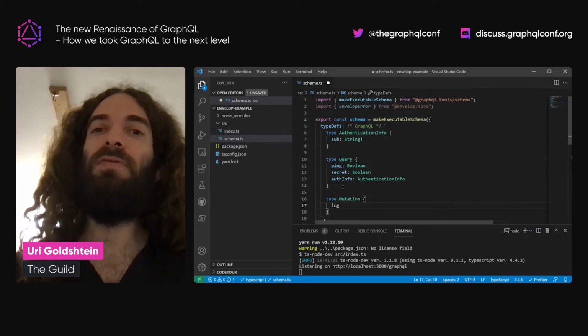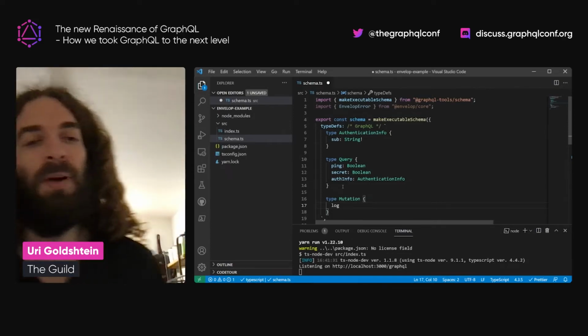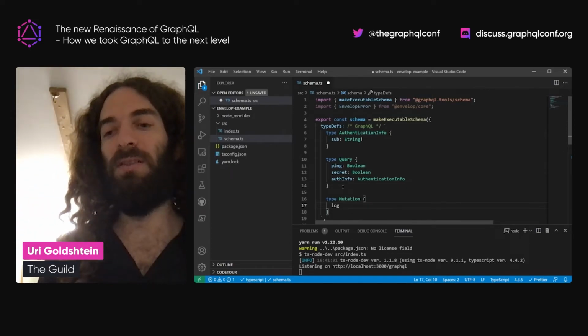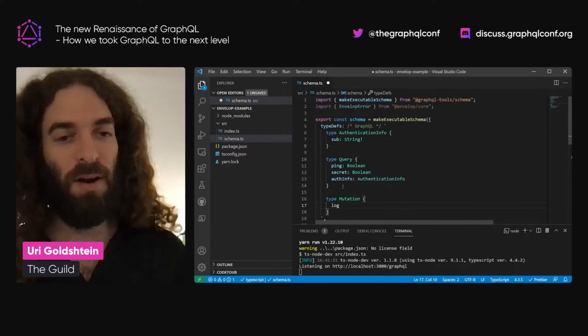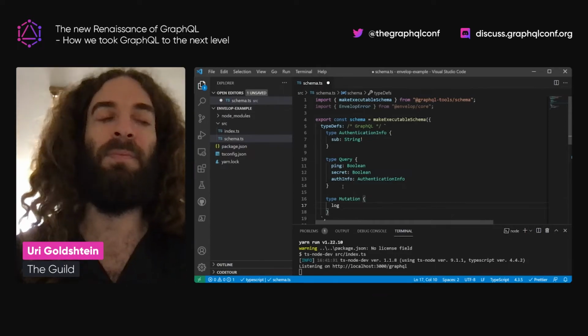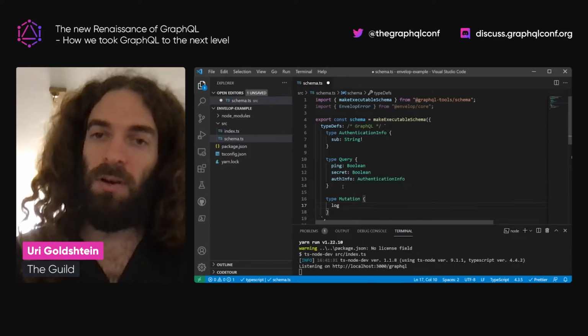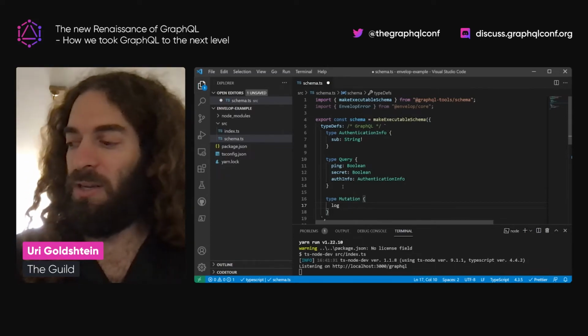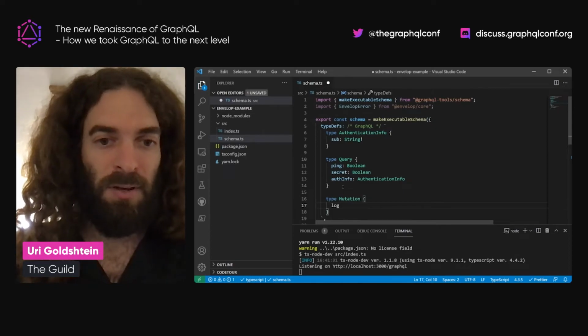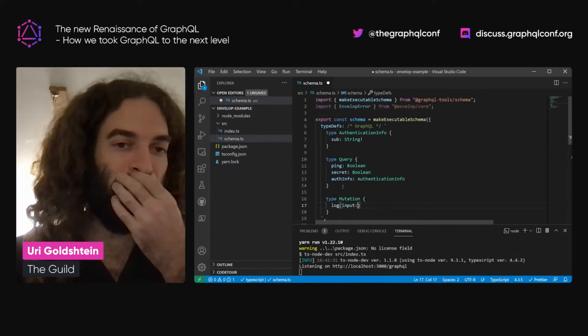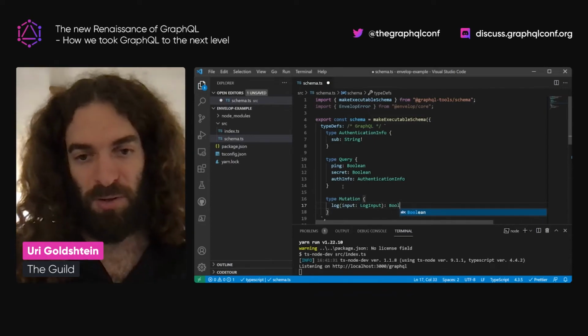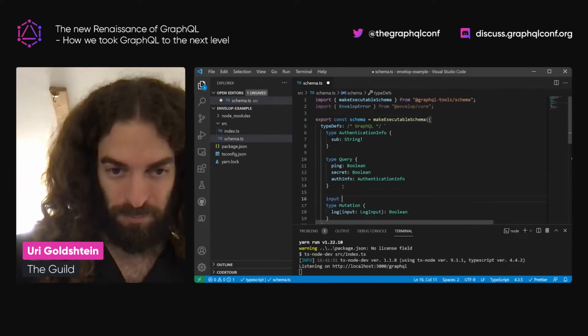Next, we said that Envelope could actually also be your Babel for GraphQL. So basically using features that are really valuable, but they're not yet officially in the spec, they're just in RFC, and GraphQL JS is not exposing them. One of the features that we like and use a lot in production is the oneOf directive. Let's see an example. So we're creating a mutation, and the mutation has an input field.